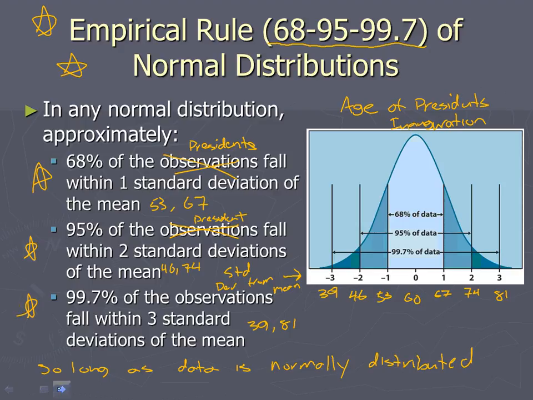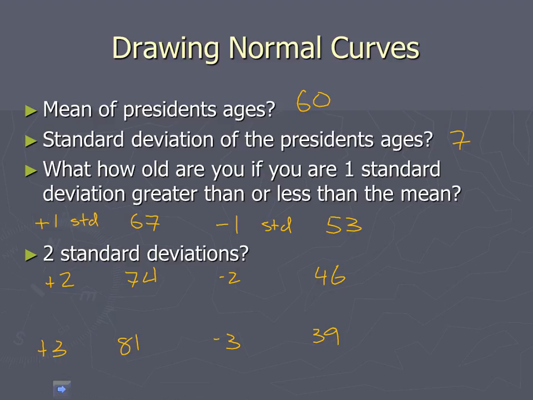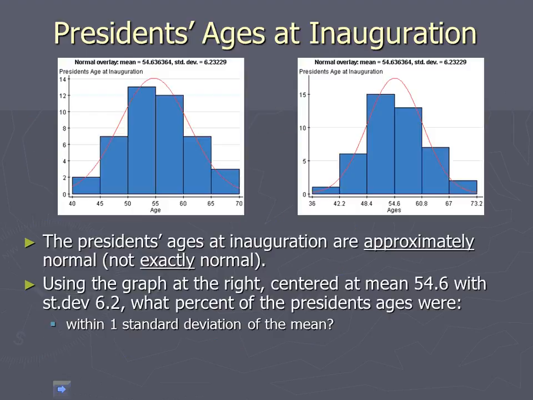Now, let's go and look at our data really quick. I'll give you a couple extra seconds so you can have this down. The actual mean was 54.6, so I was actually off with my guess. And the standard deviation was 6.2. So if I adjusted to 54 and 6, we would have been able to find that